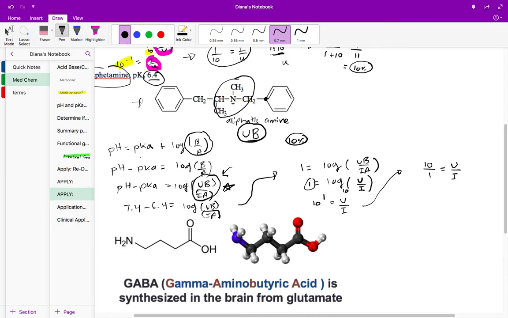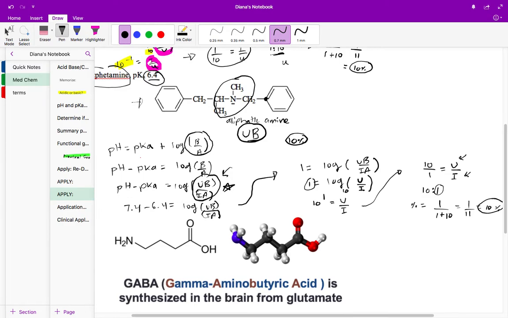So to get my percent ionized, in this case my ratio is 10 to 1, unionized to ionized. To get my percent ionized, I'm going to put my ionized on the top. So ionized is actually the 1 because 10 to 1 is unionized to ionized. So my ionized is 1 divided by the total ionized plus unionized. So you get 1 over 11. And then if I do 1 divided by 11 times 100, I'll get around 10%, just like in the last